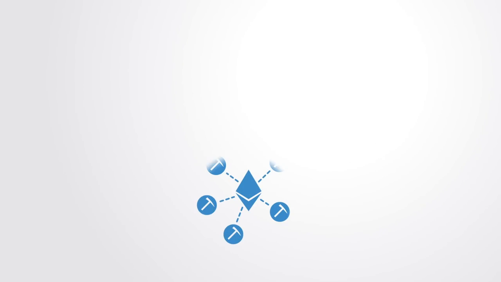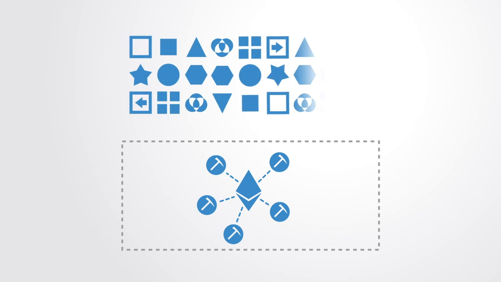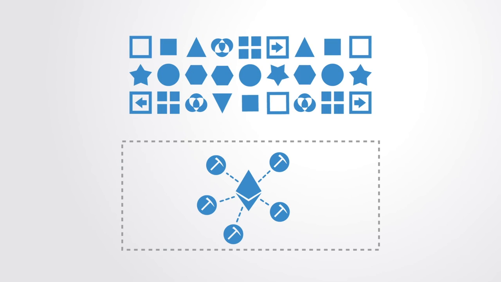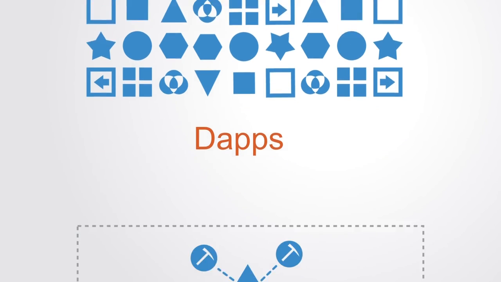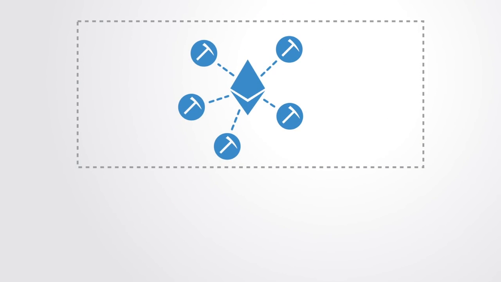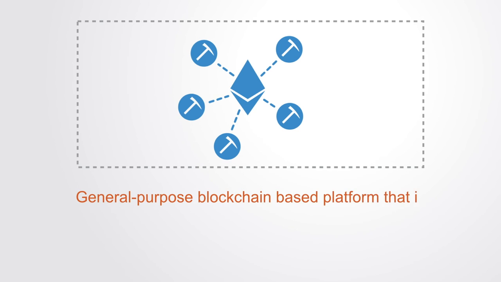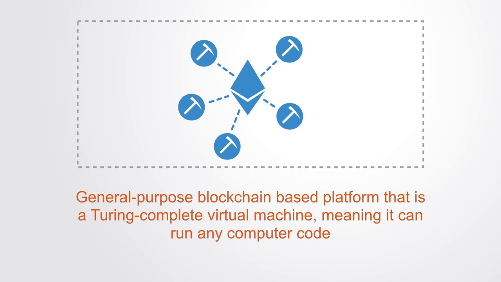The advent of the Ethereum platform in 2015 has worked to provide a virtual computing infrastructure for running applications on the blockchain. This new form of program is called a distributed application, or Dapp for short. Ethereum was the first developer platform for building distributed applications. It was a foundational, general-purpose, blockchain-based platform that is a Turing-complete virtual machine, meaning that it can run any computer